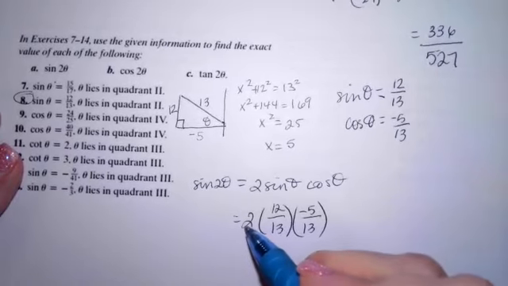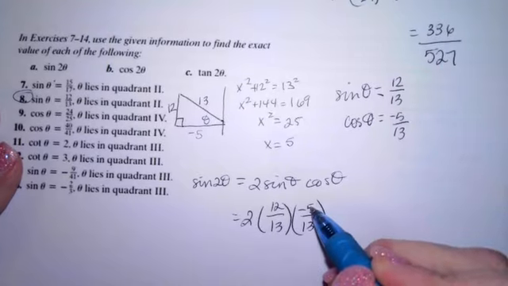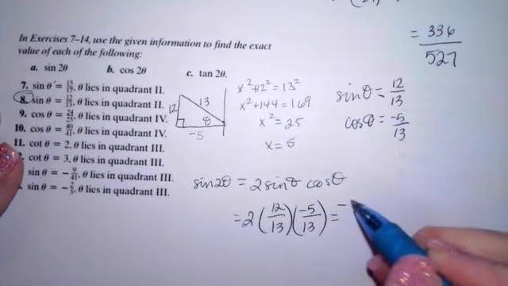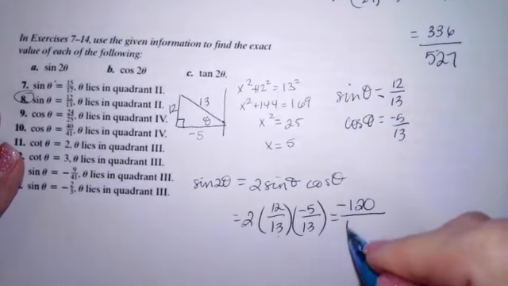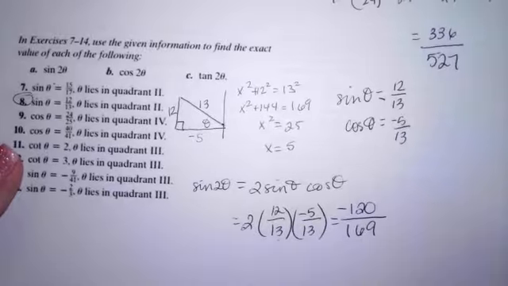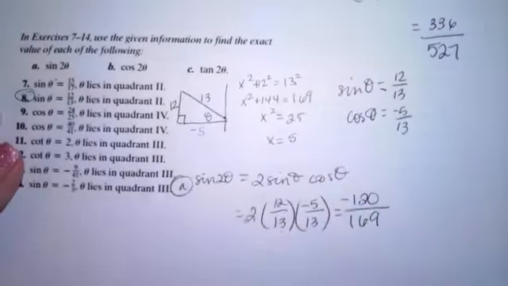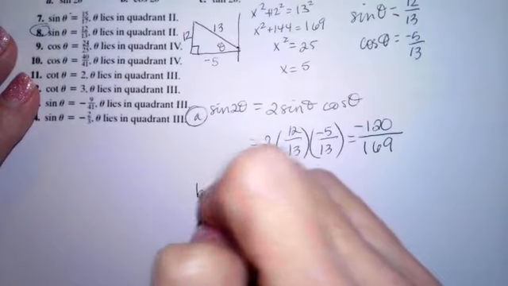So in the numerator, 2 times negative 5 is negative 10, times 12 is negative 120. 13 times 13 is 169. All right, so that's part A. Now for part B, I have